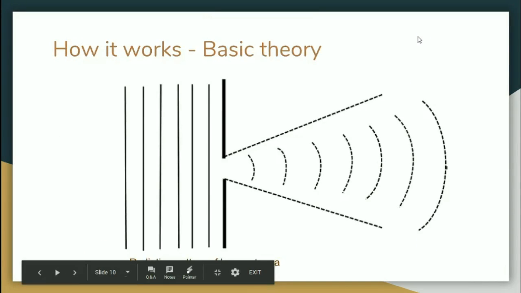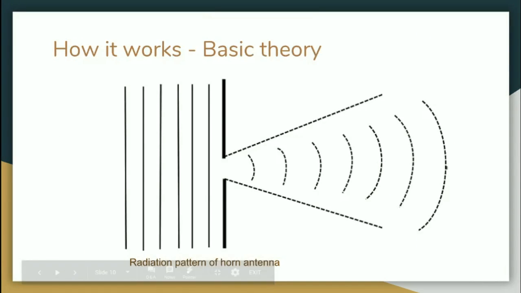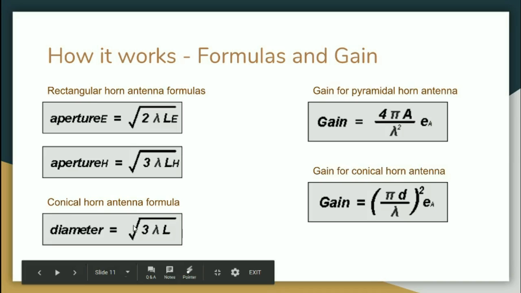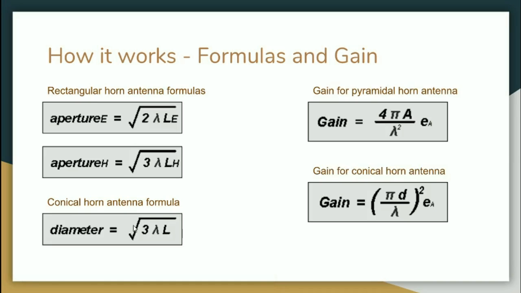The basic theory of a horn antenna is as such. The waves of the signal will propagate down the horn antenna towards the aperture. As they travel along the flared opening, the waves travel as spherical wavefronts, having their apex at the apex of the horn. The apex is basically a point referred to as the phase center of the horn antenna. Since the phase fronts progressing along the horn antenna are spherical, the phase increases smoothly from the edges of the aperture to the center. The theory dictates that as the frequency used by the horn antenna increases, so does the